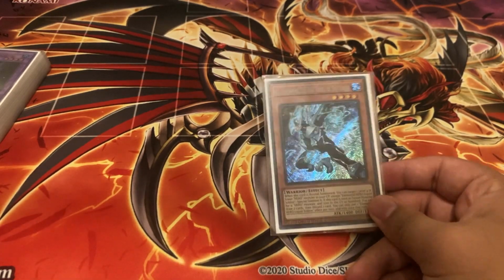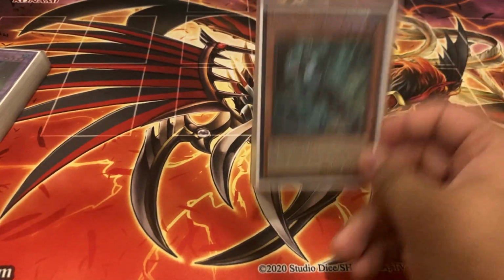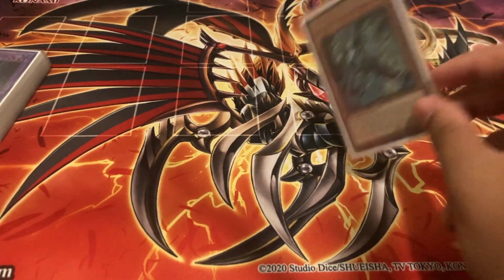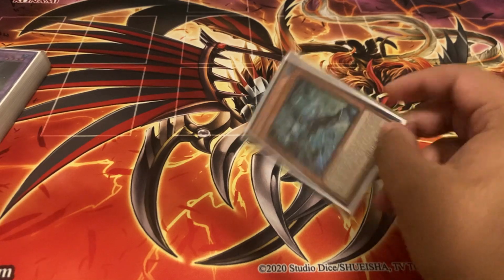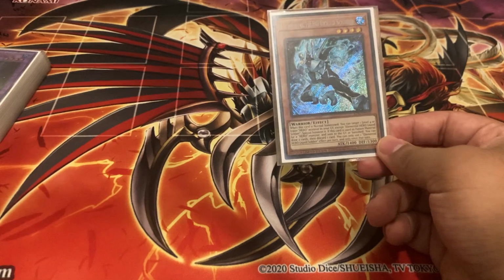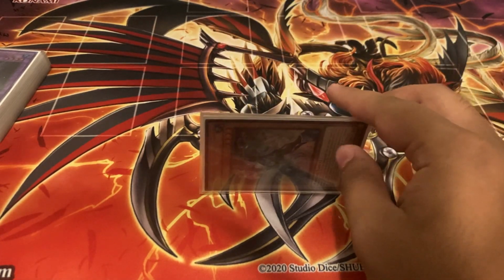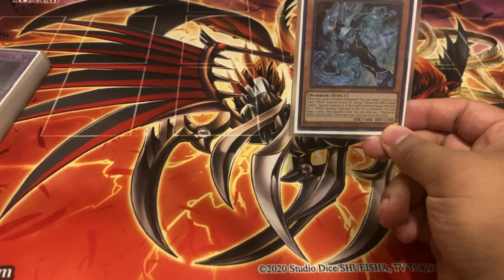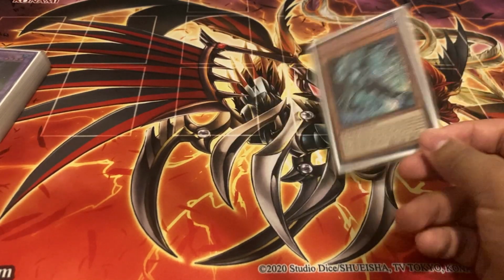The advantage engine that this gets you, especially with Crosskeeper in the format, came in clutch so much. I remember this one game against a Sky Striker player. I had this, and a Vion and a Crosskeeper, I think. So what I did was I normal summoned the Vion, searched the Poly, then searched this...